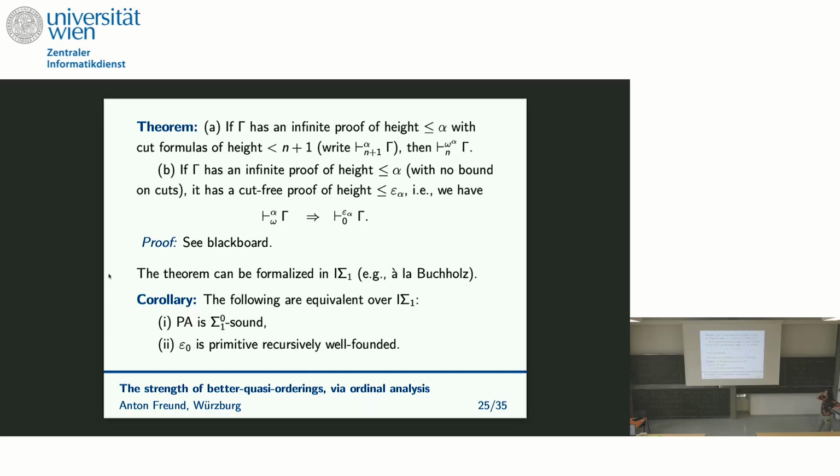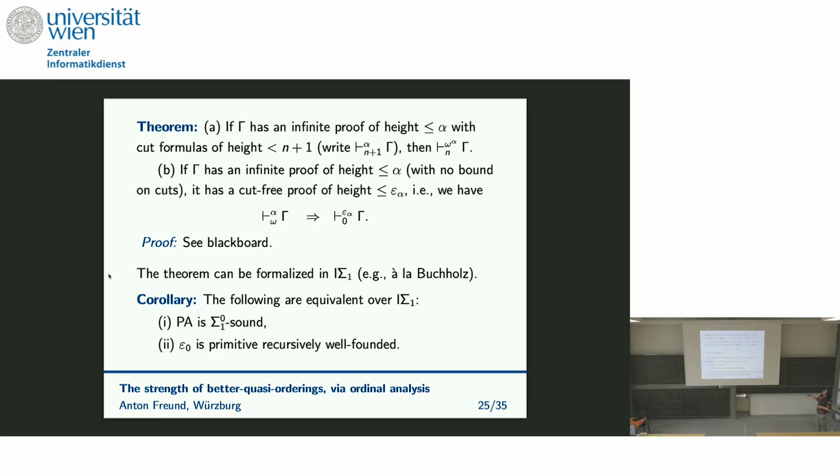And then we'll also use this part B, which is maybe a bit less known, namely what happens if you have a global bound on the cuts that can appear in your proof. Of course, when you start with finite proofs, there will only be finitely many cuts in such a finite proof, so you have a bound on the complexity of the cut formulas. But let's assume you get your infinite proof from somewhere else, not from a finite proof. Then it could contain cuts over formulas of all finite complexities. An infinite proof can contain infinitely many cuts. Formulas can have any complexity.